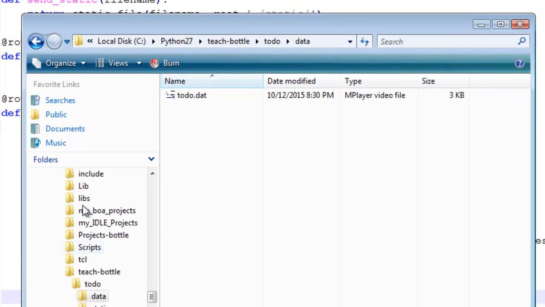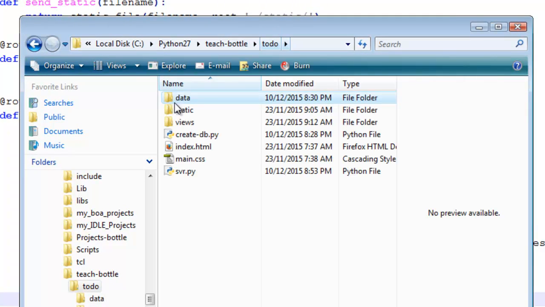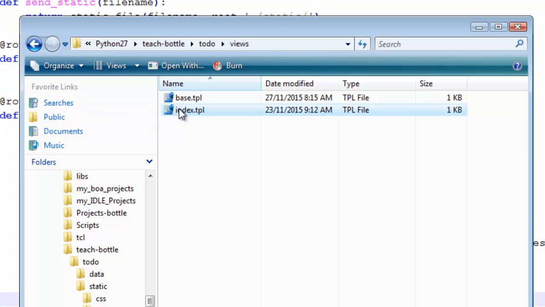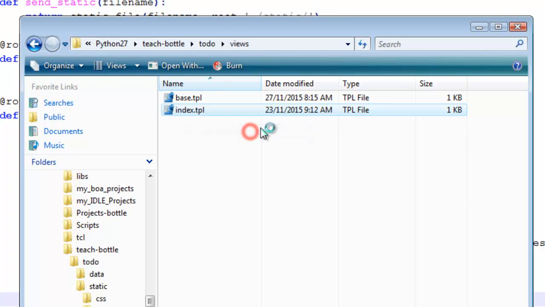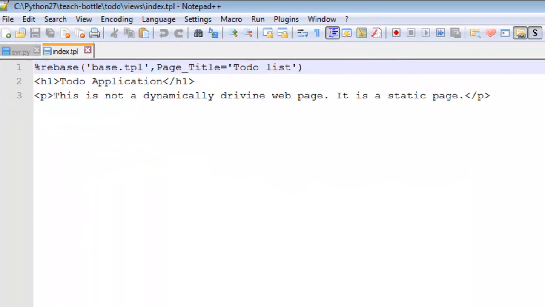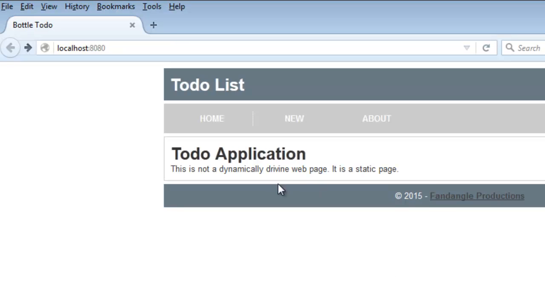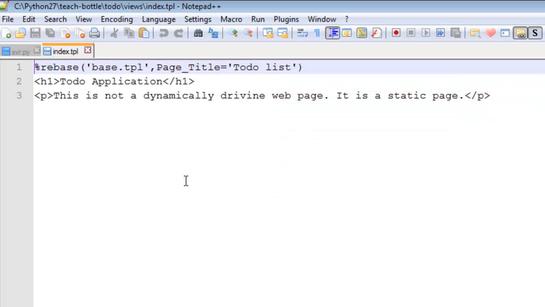So what we'll do is we will go to our to-do folder in views, right click our mouse, select edit with Notepad, and now we're going to create the code for the form. Before I do that, this is the code that we have here. It's a heading H1 and then a paragraph. So now we are going to replace that